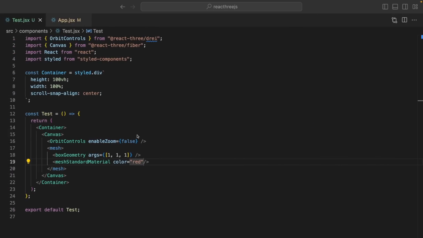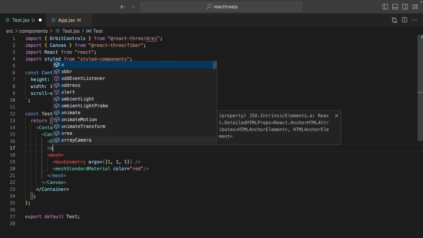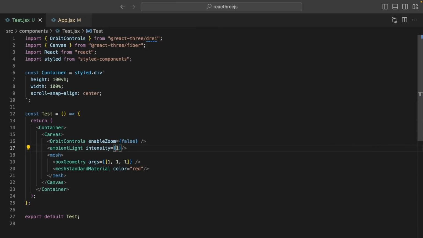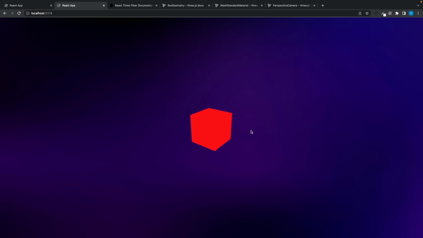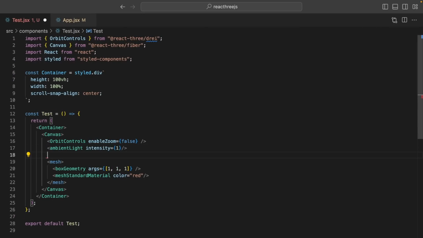Let's add. To do that, I'm gonna come here and add ambient light, and its intensity, let's say 1. And right now, we can see the color, but we cannot see our edges. That's because ambient light gives the same light to each side of the object. But if I use directional light, and let's give here any position,